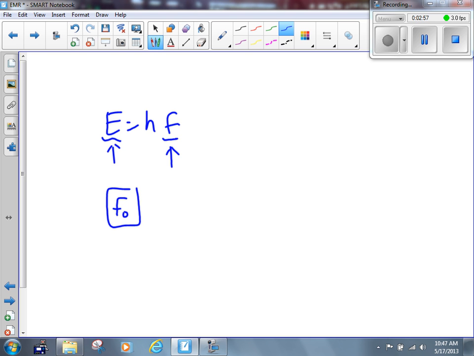Let's say the threshold frequency is in that ultraviolet range. So visible light won't cause it, ultraviolet will. You've got one photon of ultraviolet, we get one electron ejected. What if we get one photon of X-ray or one photon of gamma ray? What's that going to cause? One electron. Good. Still one electron. It's a 1-to-1 ratio. One photon, one electron, as long as you're above the threshold frequency.